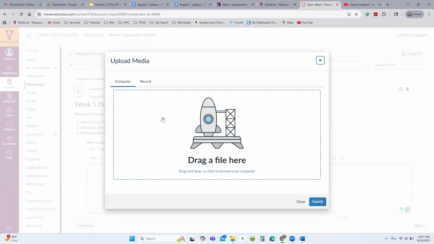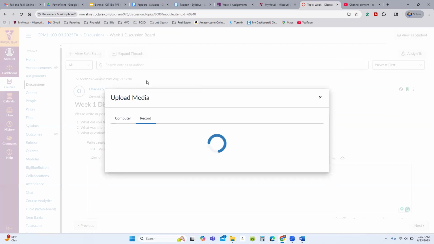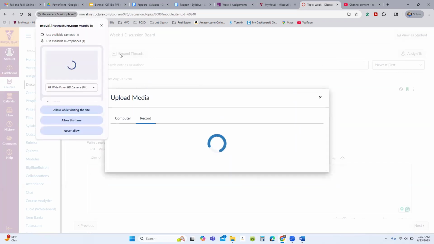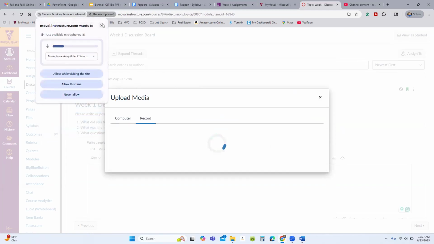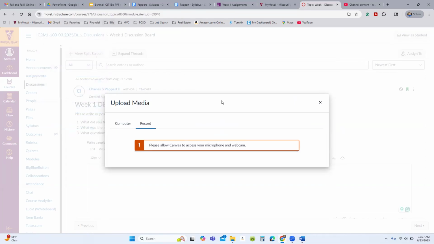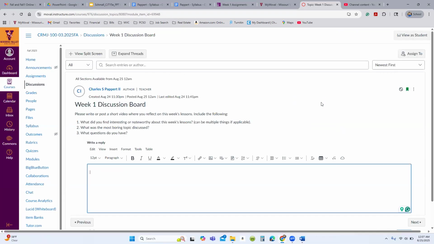And if you click on that, it actually gives you the option to record it. But obviously my microphone and video camera are in use right now, so I'm not going to do that. But the point being is that you don't have to sit here and try to type it out or whatever. You can actually record